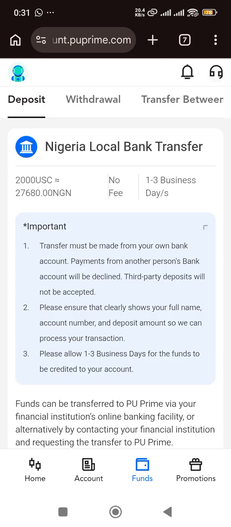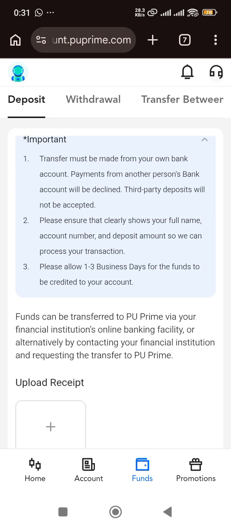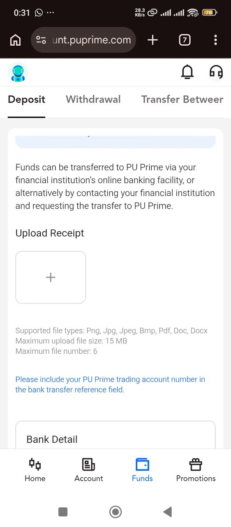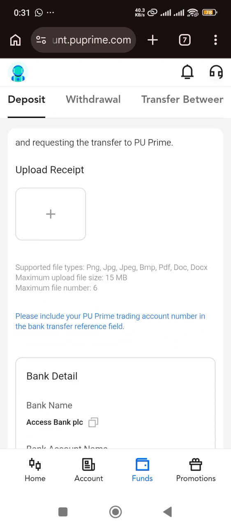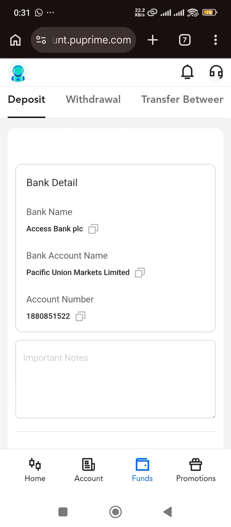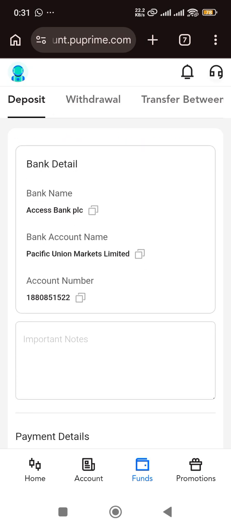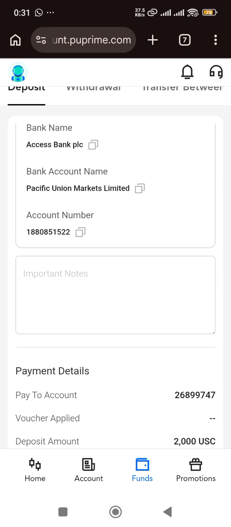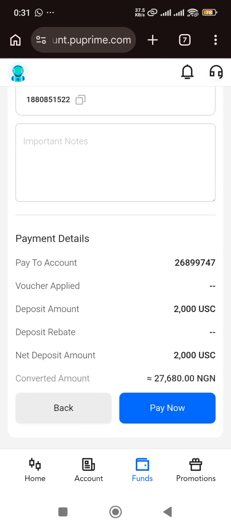it will take you to a place where you will see more details about the transaction. You see where you have the option to upload receipts, right? Then you see the bank details: the bank name, account name, account number. This is the amount you want to deposit, and this is the total amount, 27,680 naira. So once you click on pay now, but before you click on pay now,